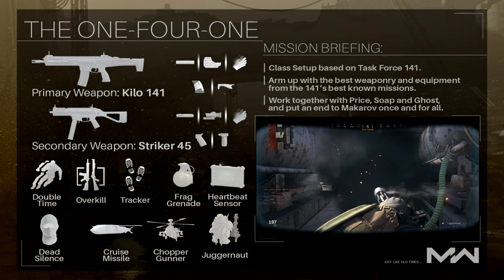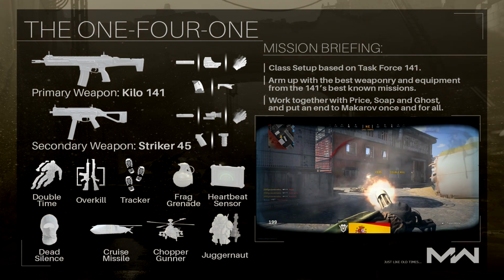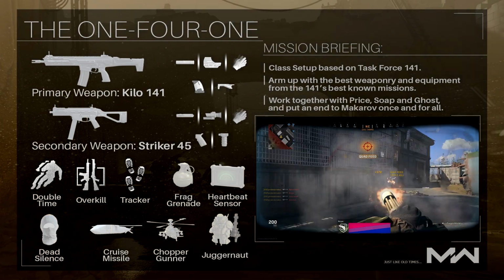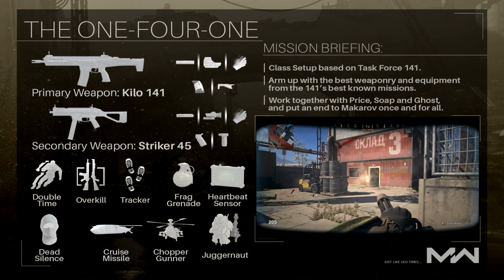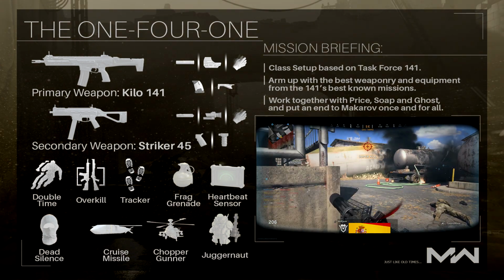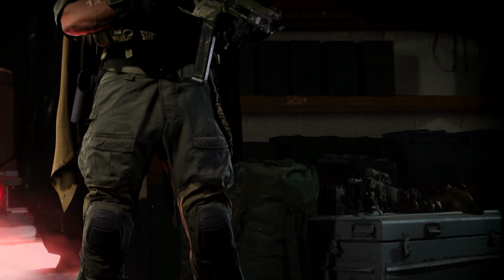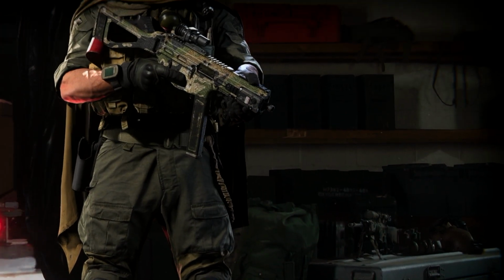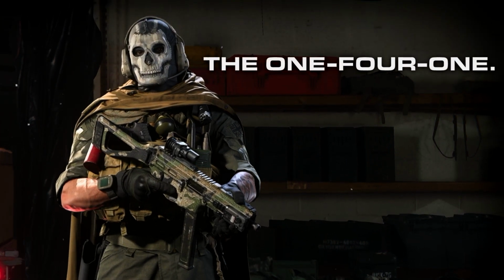The Juggernaut was a key piece of wearable armour that helped both Yuri and Price in their mission to kill Vladimir Makarov, who was hiding out in an Emirati hotel in Dubai. Since the assassination of Makarov was a huge win for Task Force 141, we'll select the Juggernaut in Modern Warfare as our third and final Killstreak. Combining our weaponry, perks, equipment, field upgrade and Killstreaks, don on your combat gear and go behind enemy lines, for we are